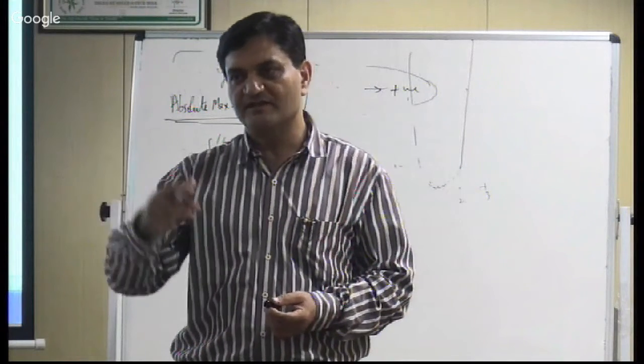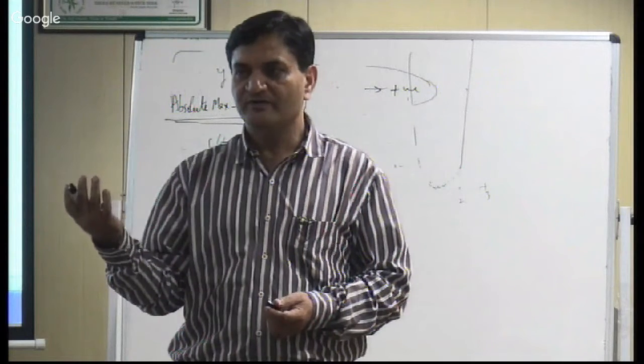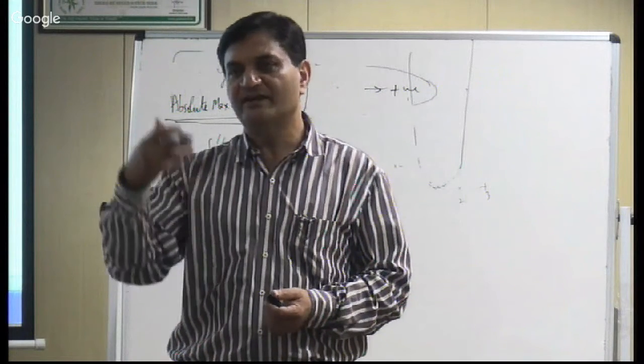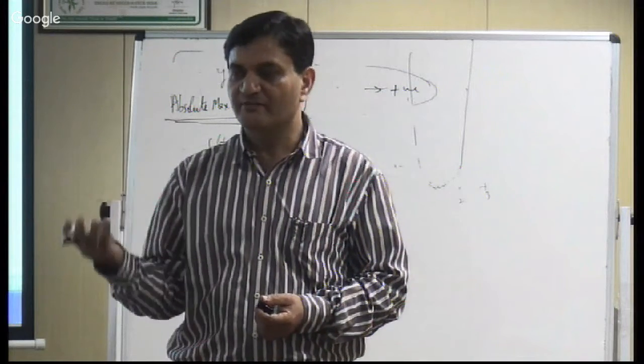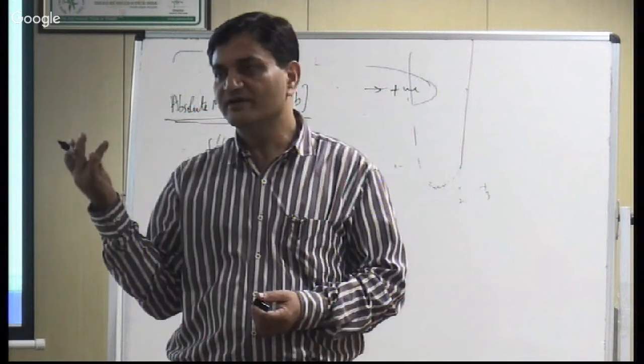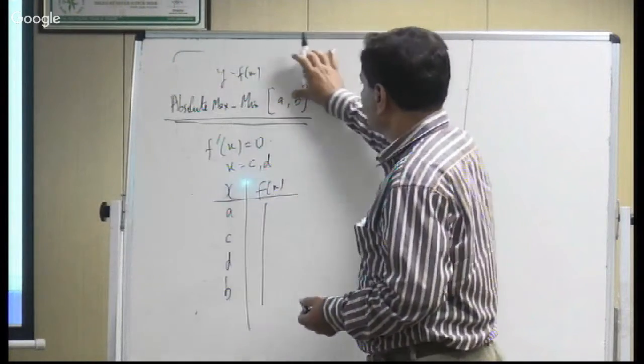The one which is the minimum will be the point of absolute minima. You find the greatest as well as the least value just by comparison. You have to take critical points, and what else do you have to take? The endpoints. But if the interval is open,